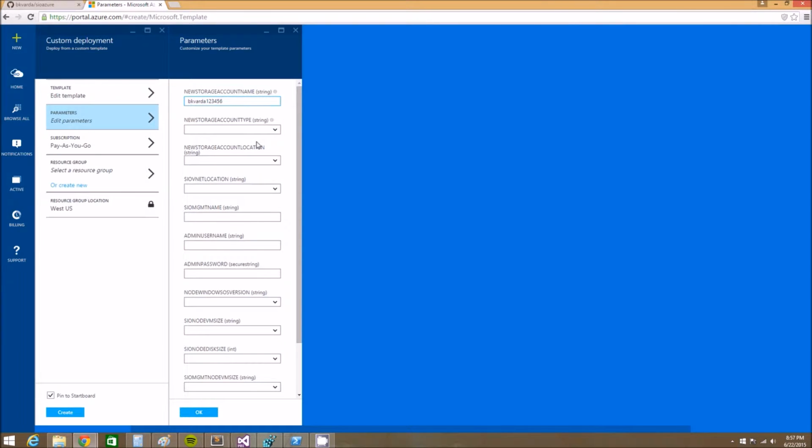So new storage account name, just unique storage account name. The type is going to be locally redundant or global. Locations for the virtual network storage accounts, and a name for the ScaleIO management. Administrative username and password, OS version, and then you got to pick a SKU for your ScaleIO storage nodes here. So then you pick one of those,